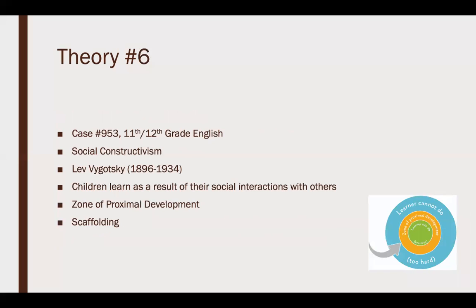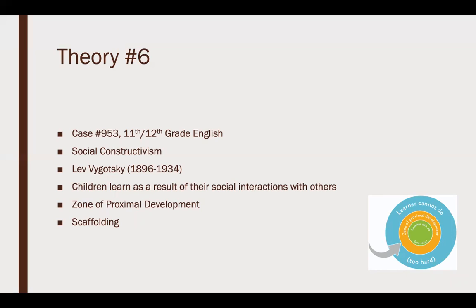The next theory I will talk about is social constructivism. This theory was created by Lev Vygotsky and states that children learn from their social interactions with other people. A child's development depends on their interactions with sign systems, which are oral and printed language. Through the use and manipulation of the sign systems, children learn the most about language. The zone of proximal development refers to the ideal level of task difficulty needed to facilitate learning. A child can be successful with the appropriate amount of supports in their zone of proximal development.